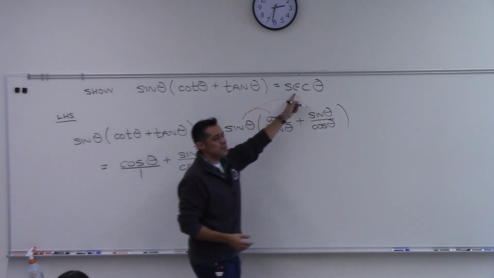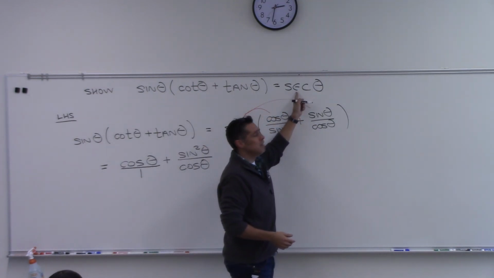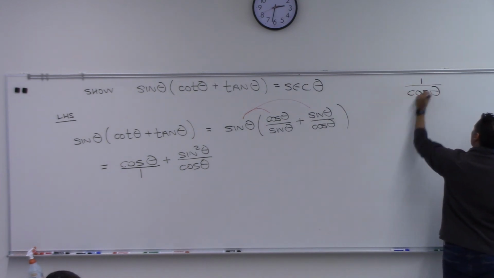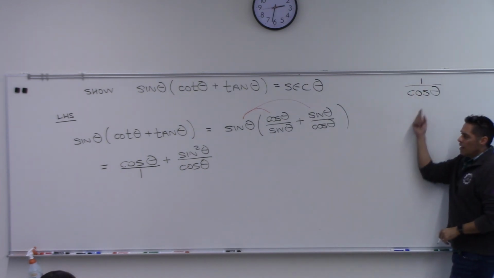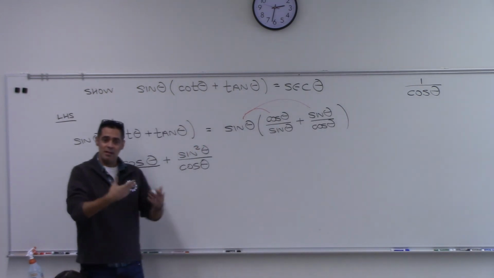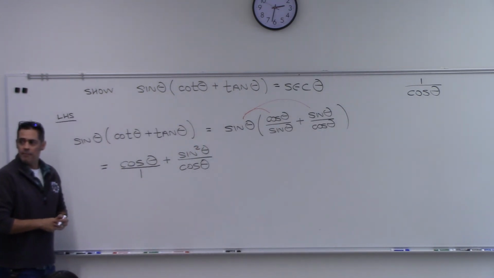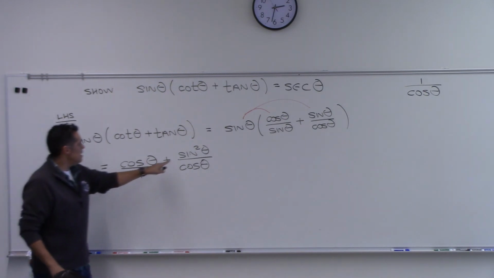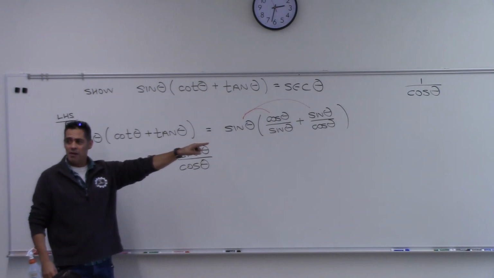Think about what our answer is. Where are we trying to get to? We're trying to get to 1 over cosine theta, right? So it makes sense to maybe put these together because then you would have cosine on the bottom, wouldn't you? Yes? Could you use the identity for sine squared? We could try it. Do you want to go down that road? Look,